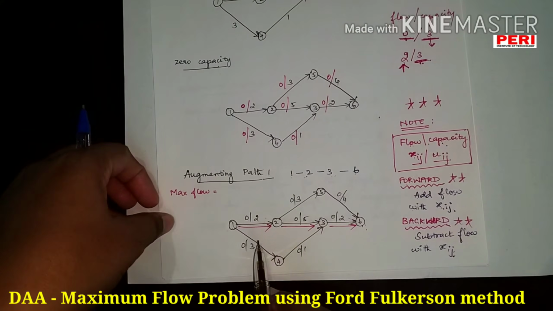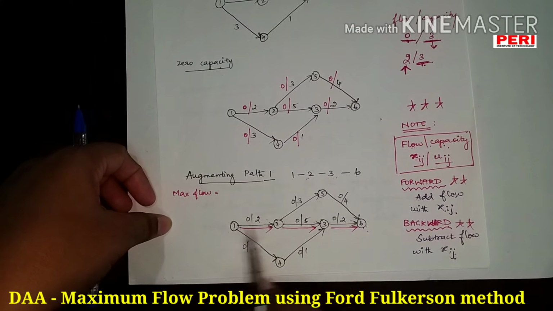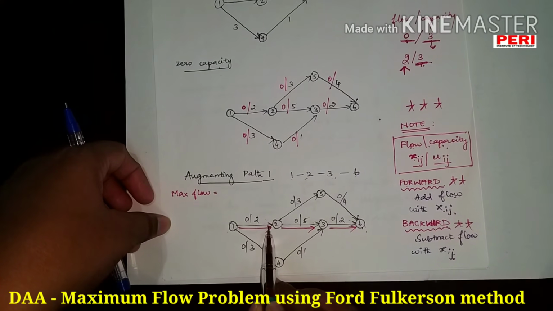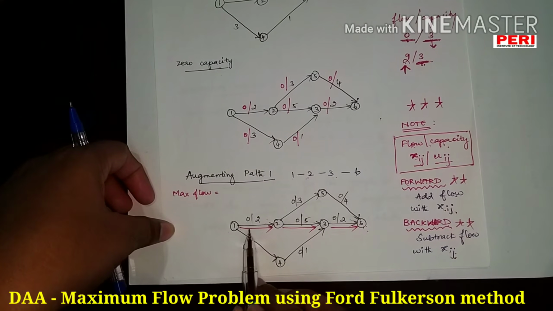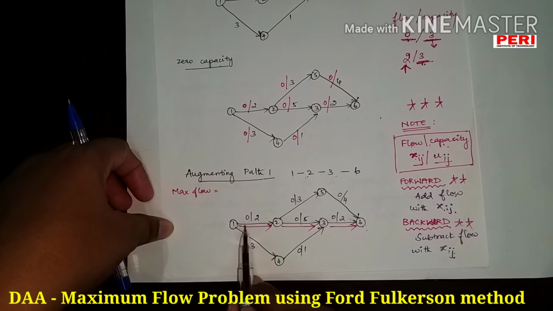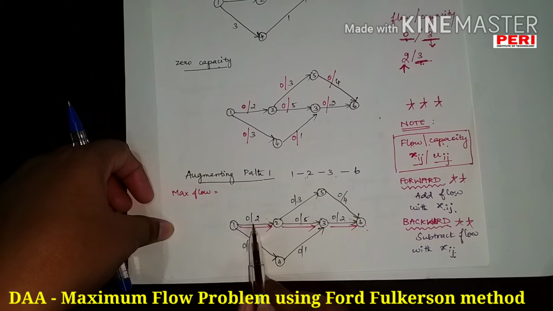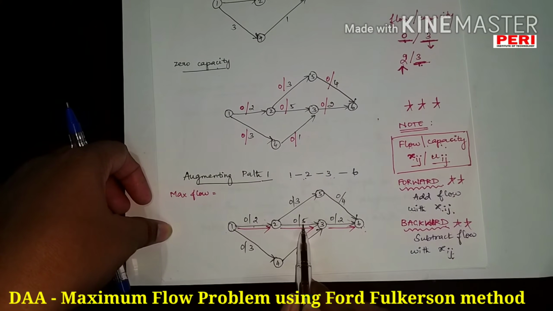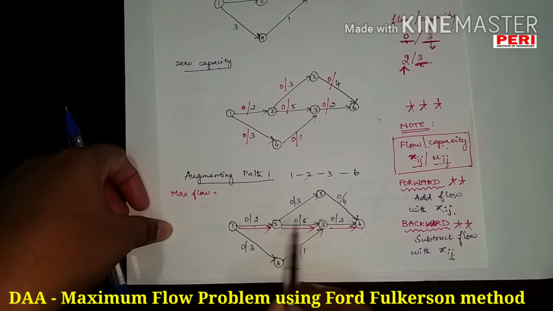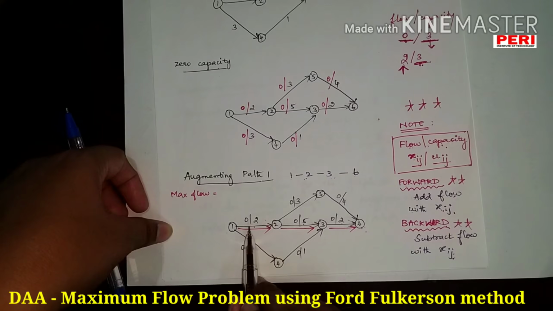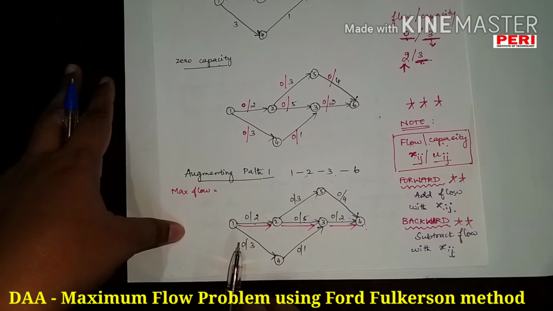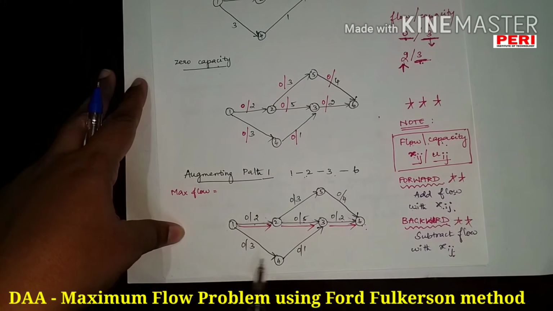Okay. Now in this graph, in this flow, in this path, we have to find the minimum capacity first. As I told you in the previous video, the minimum capacity will become the maximum flow. So the minimum capacity over this path is, here we have 2 capacity, here we have 5 capacity and here we have 2 capacity. So the minimum capacity among these 3 is 2. So 2 liters of water is going to pass from source to destination. That is actually the literal meaning which I want to convey.